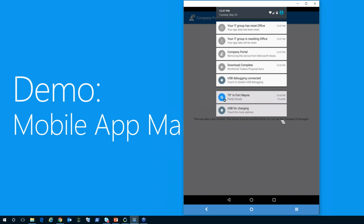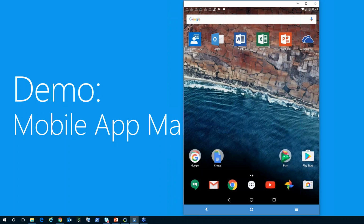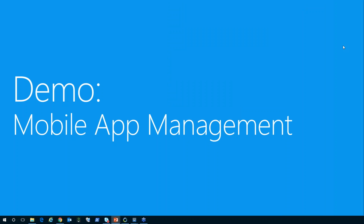And I'm already getting notifications up here that your IT group has reset Office and all of these things. So it's removing the company data. Let's see if it has affected Outlook yet. Yes, it has. Okay, so I'm not going to let that finish. That might take a couple of minutes longer, but you'll notice that my personal email account is still here. I still have access to everything that I had before, except I just don't have access to that company email account any longer. And really that's all I wanted to demonstrate with mobile app management in this particular